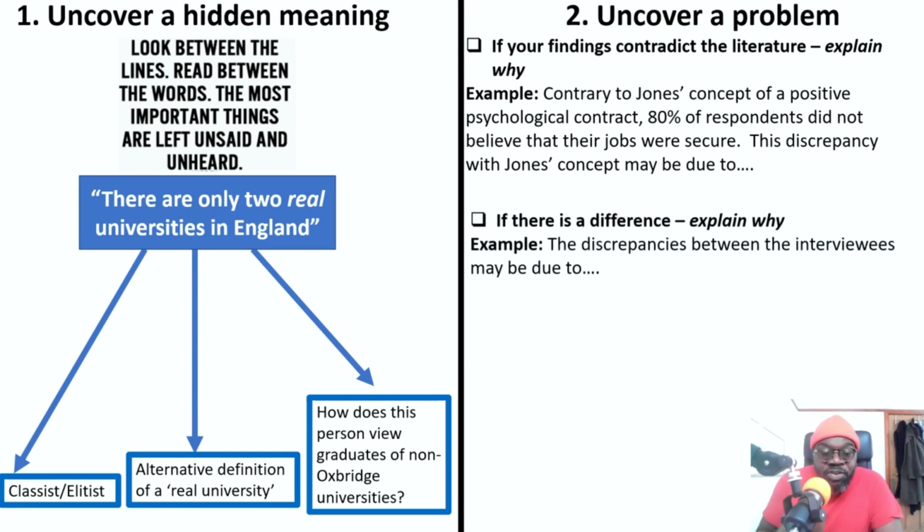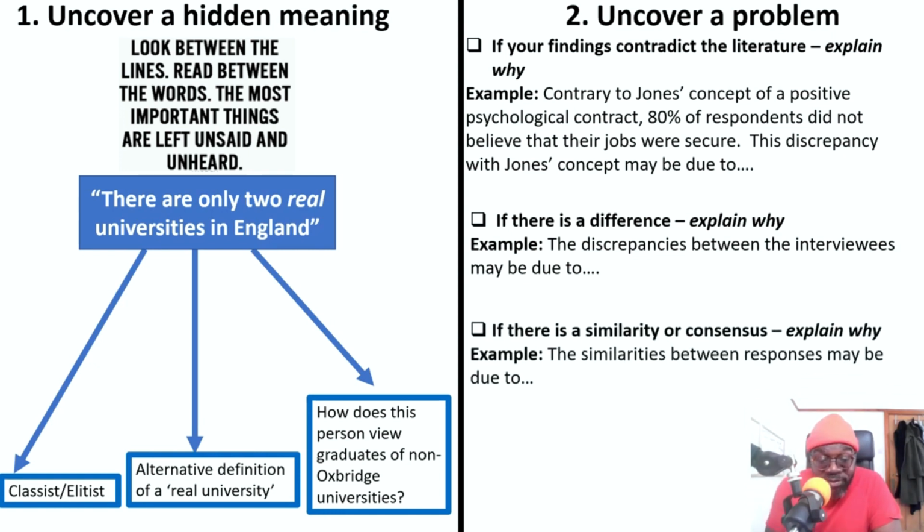If there is a huge difference in your responses, this is a problem. You are unable to get a clear picture because the responses are so different. You can't see many patterns because the data is so varied. Or you interview person A, she says one thing, then you interview person B and they say something completely opposite. Highlight the discrepancy. Then try to think of a reason for such discrepancy, especially if you did not expect to see such divergence.